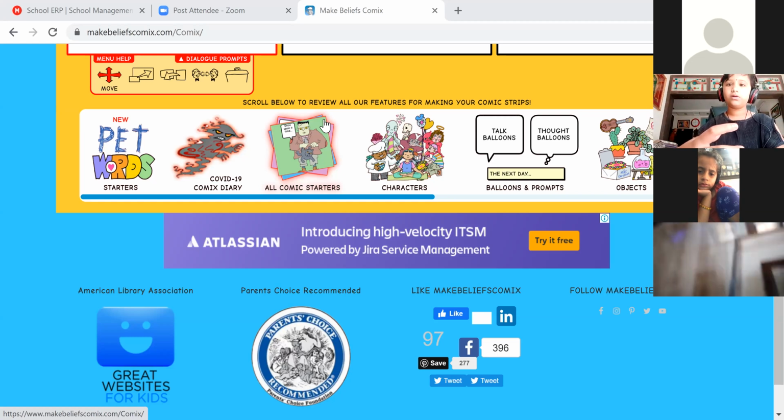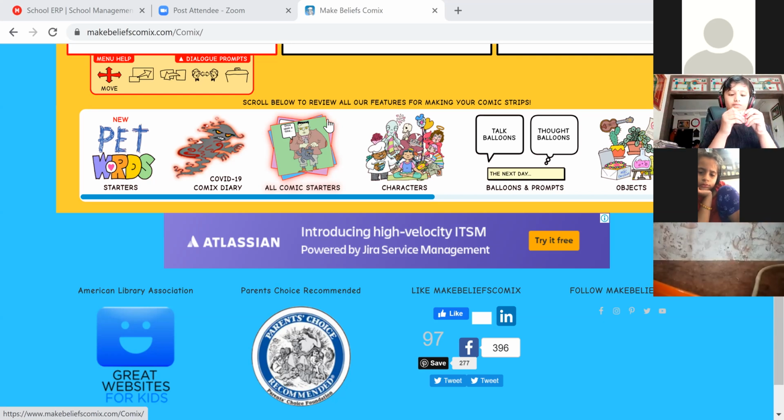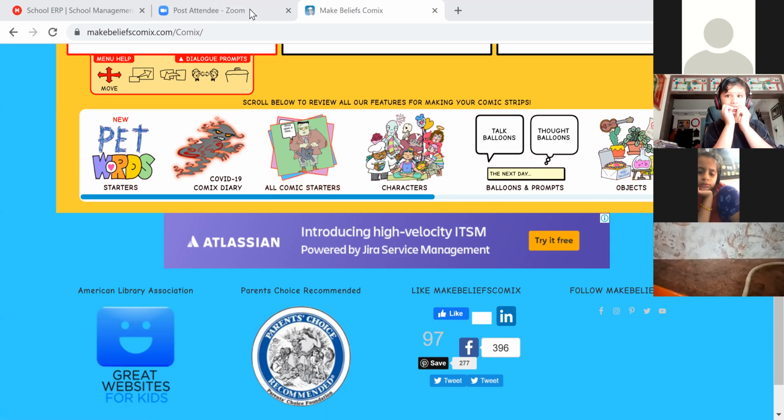See this color wheel in the background section. You can build a comic story of up to 9 panels by clicking on the box with a plus. If you don't like how the panel you are working on looks, delete it by clicking on the negative box at the top left over the panels. After completion, click on print, email or save. You will see a new page and you can see your comic strip. Select image to disk below and save your comics on your computer. So this is the process we have to follow, and now I will show you what you have to do.